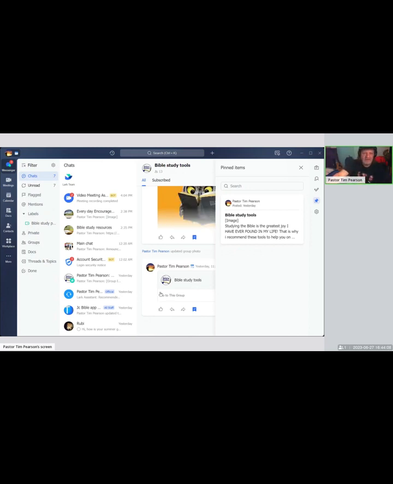So it's a little bit different than Lark. I mean, it's similar, but I would say that if you were to match these up side by side, I think Lark is a little easier to use, and it's a little easier to get the information.